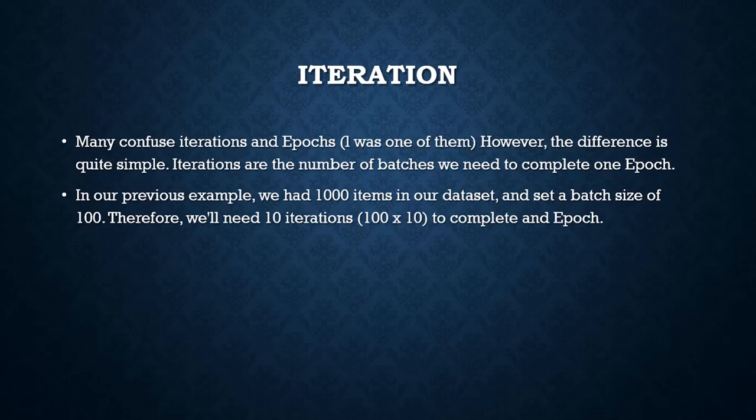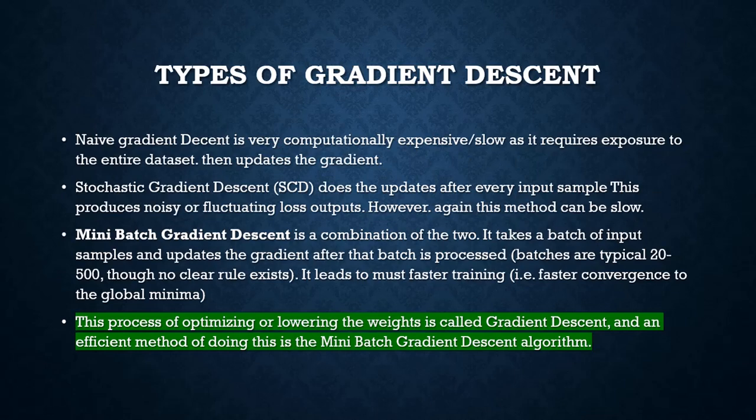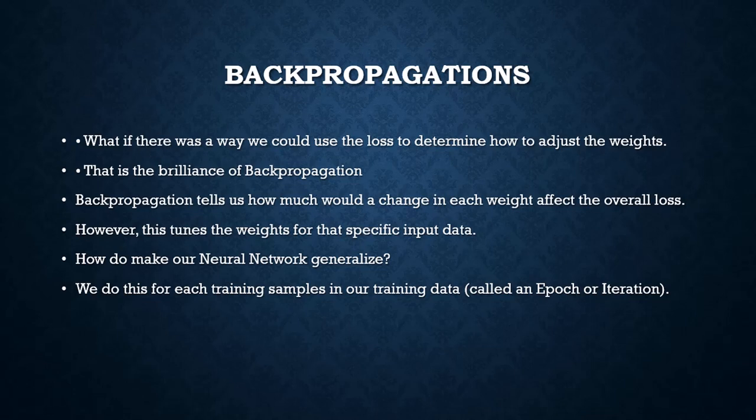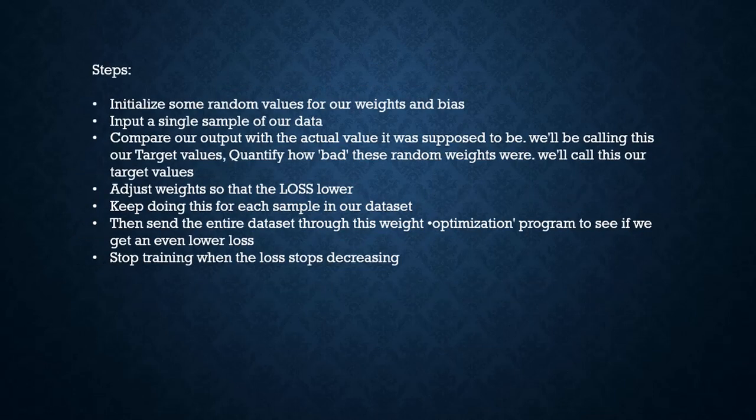That's it. I hope we have come to the end of this session. In this session, I have covered what is iteration, what are batches, what is epoch, what are the types of gradient descent, and what is gradient descent. In back propagation, what are the algorithms neural networks use to optimize the weights, and what are the different steps we have to go through in neural network architecture. I think I have covered all of these in this session. In case you missed my first part, please go and watch my previous video to understand the neural network architecture explained in a simple manner.